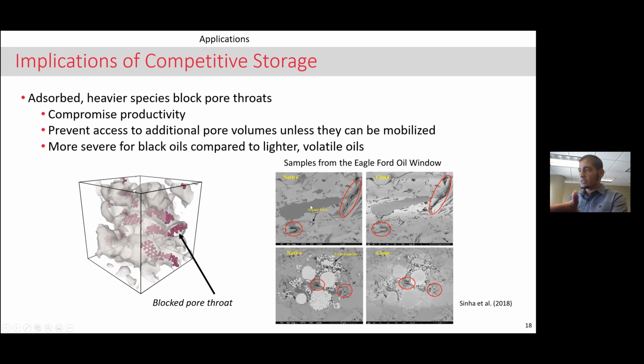You can see the dark material, which is organic. And then, of course, if you clean this sample and then re-image it, you can very clearly see, going from the left to the right, I've opened up a whole bunch of pore spaces and a whole bunch of pore volume. And when we analyzed whatever we recovered after cleaning these samples, what we were recovering was pretty much this asphaltene and this resin fraction. So even when you bring it up to the surface, they're clogging all of these pore throats. They're clogging the pore throats even at high temperature and high pressure conditions. They're preventing fluids from moving. And we see that in other samples as well.